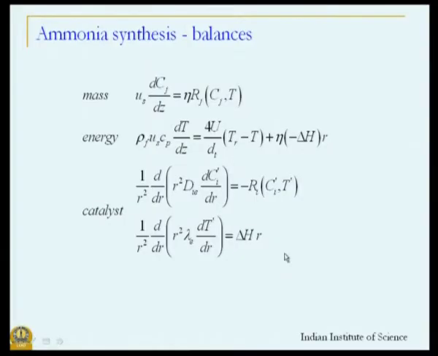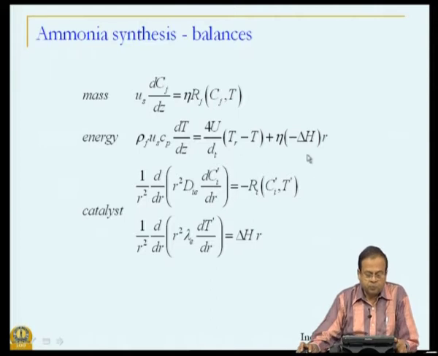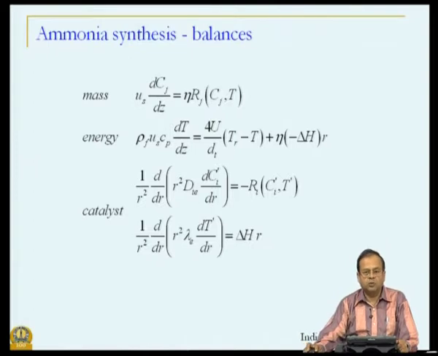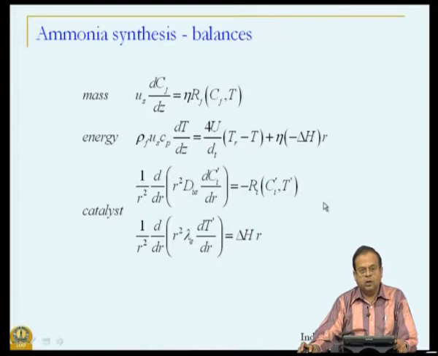So, we have the energy and mass balance which look something like this. We also discussed that we need to introduce the idea of effectiveness factor, because this is a catalytic reaction. So, there may be some mass transport limitations associated with the performance of the catalyst. Now, what we are going to do is, for sake of discussion, we will neglect these diffusional limitations at the present moment, because I want to illustrate the idea of how non-isothermal reactors are operated and so on.